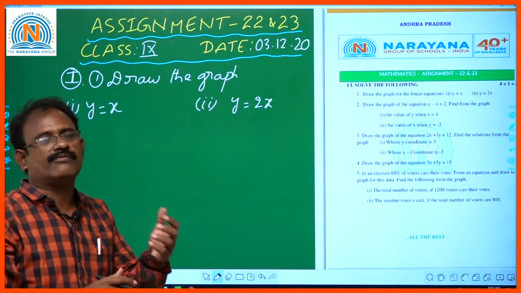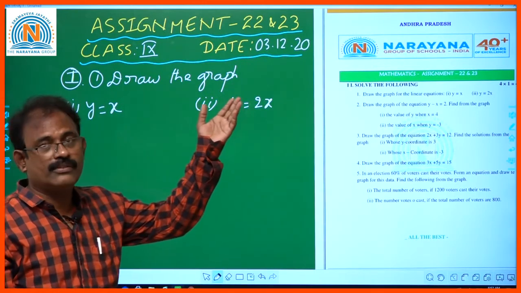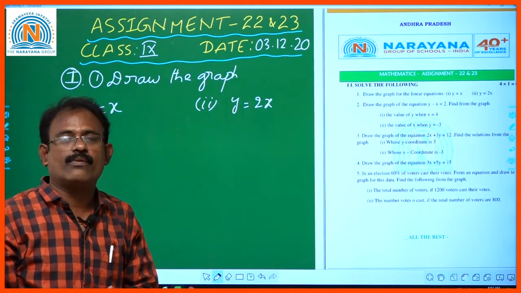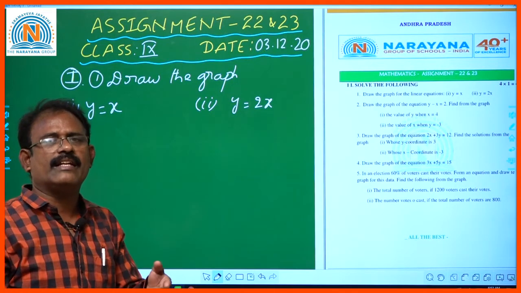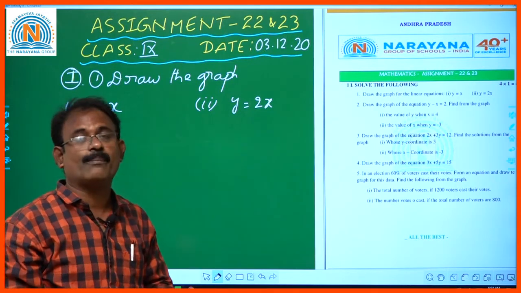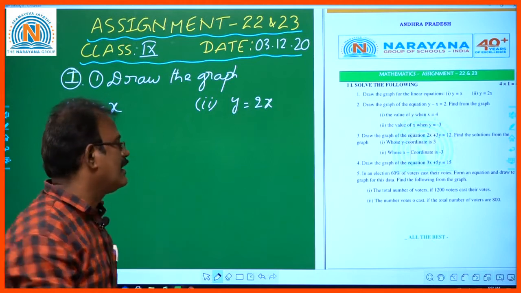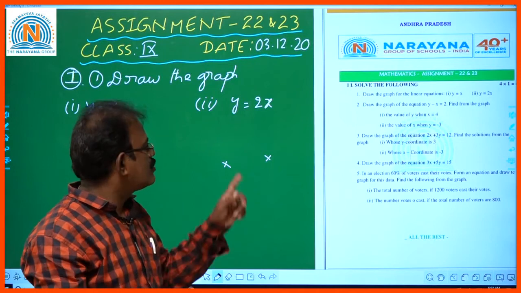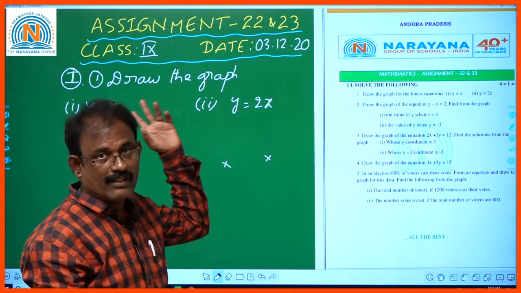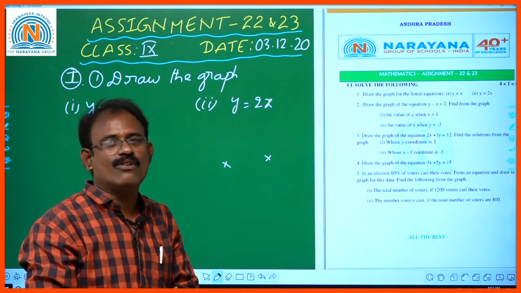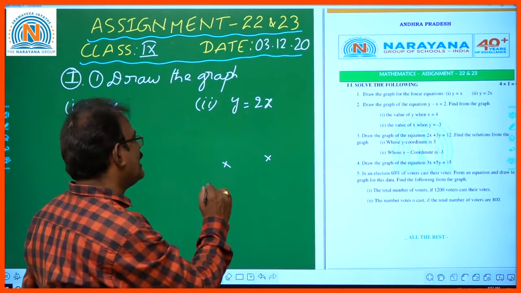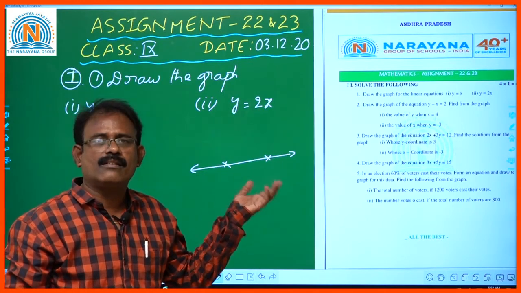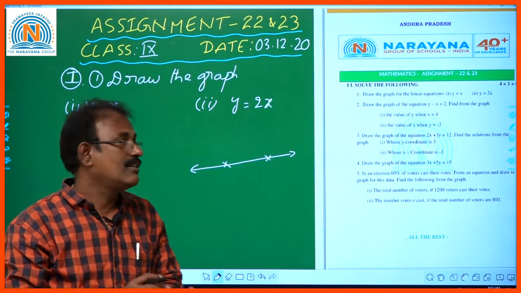Before going to the graph, children, we need to draw the graph of the given lines. As the given lines are linear equations, every linear equation represents a straight line. To draw a straight line, 2 points are required. So locate 2 points which satisfy the given equation. After we locate them, we take a scale and draw a line passing through these two. That's the whole process of drawing the given lines.